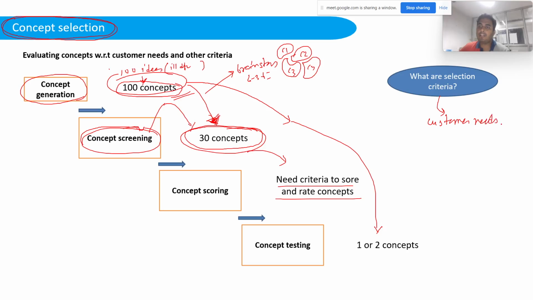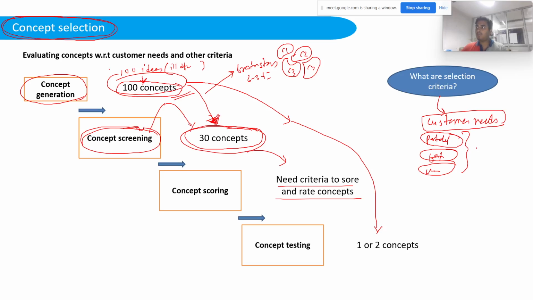So as we initially discussed in lecture 2 and lecture 3, we design concepts based on customer needs. Now, customer needs are qualitative in nature, for example, portable, fast, user friendly. So those are very much qualitative in nature. So we can consider customer needs also as our criteria,